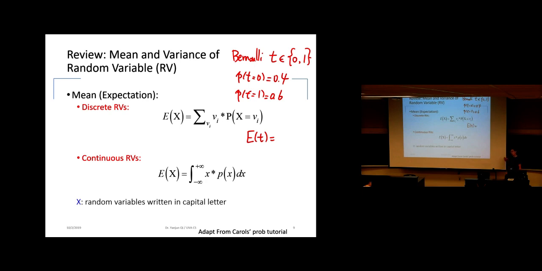So assuming you're doing a head and tail flip, you gain 0 if you got a head. If you got a tail, you gain 1. And the probability you flip to get the head is 0.4. Probability you flip to get a tail is 0.6. Then what's the average gain you could get by flipping many times? If you have head, you got 0 return. If you got a tail, you got 1 return. You just flip many times, the mean return is